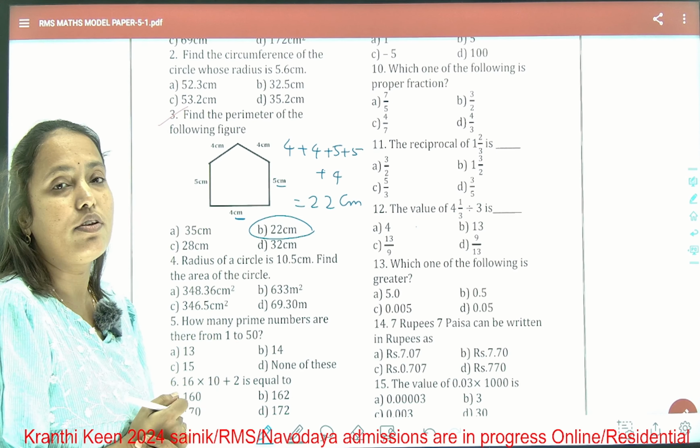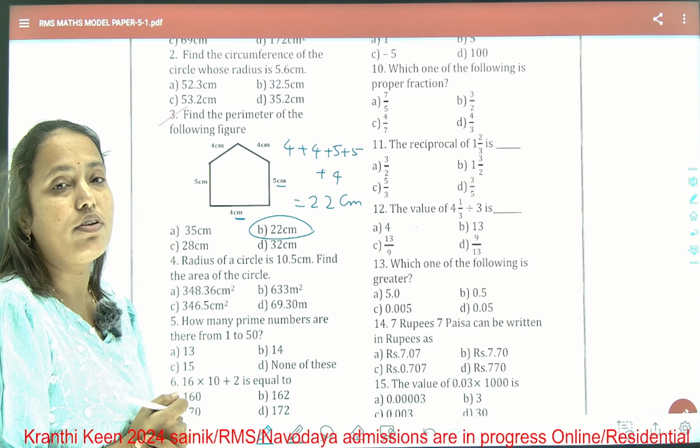3 by 5. Here the answer is this, not this. 1 3 by 2 is absolutely wrong. The answer is 3 by 5. But children will keep it like that directly. They will see that 1 2 by 3 is the question, and they will just change it and keep this. This is absolutely wrong. The answer is 3 by 5. Next,